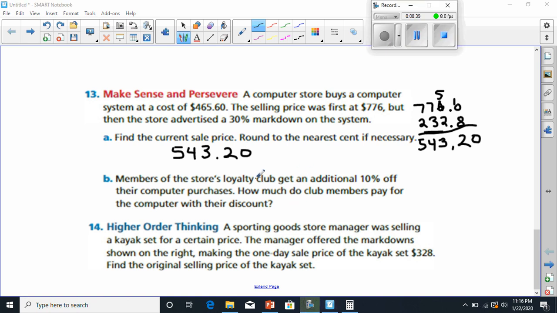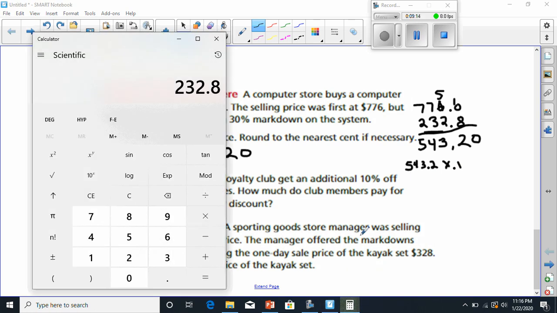Now it says that the members at the Loyalty Club get another 10% off their purchases. How much do the members get? Well, this is going to be basically an additional 10%. So it'd be 543.2. We're going to multiply it. An additional 10%, so this would be times 10%. The decimal moved back twice would be 0.1. When we do this, we're going to get